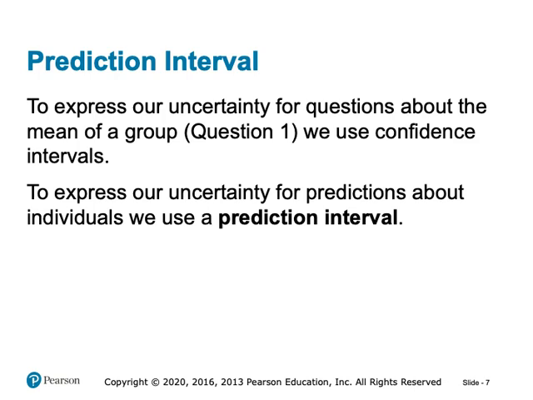On the other hand, when our focus shifts to making predictions about individuals, as in question 2, where we predicted the mercury level for a single fish caught in water with a pH of 7, we use a prediction interval. A prediction interval provides a range within which we expect the actual value for an individual observation to fall. It's important to note that prediction intervals are generally wider than confidence intervals.